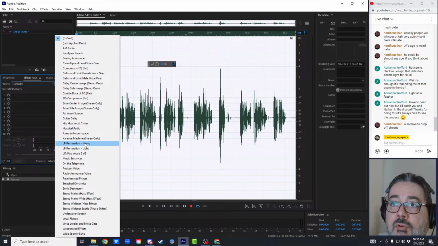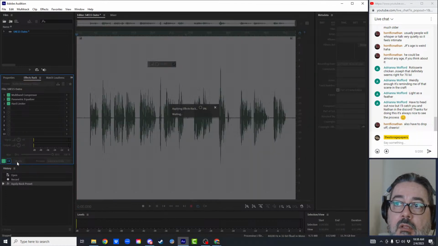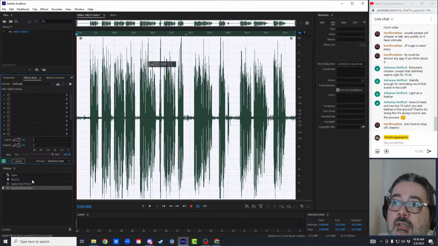Adobe Audition has a preset that I like called Radio Announcer Voice. So it has compression, equalization, and a hard limiter, meaning these spikes should not clip. I'm going to apply that. And then I'm not worrying about how tall those spikes are right now.